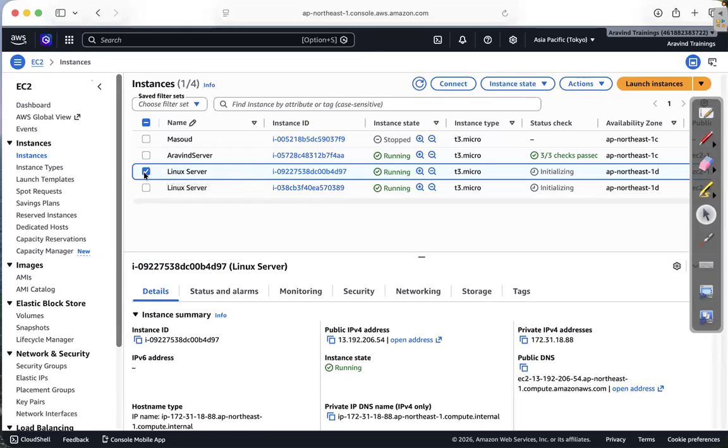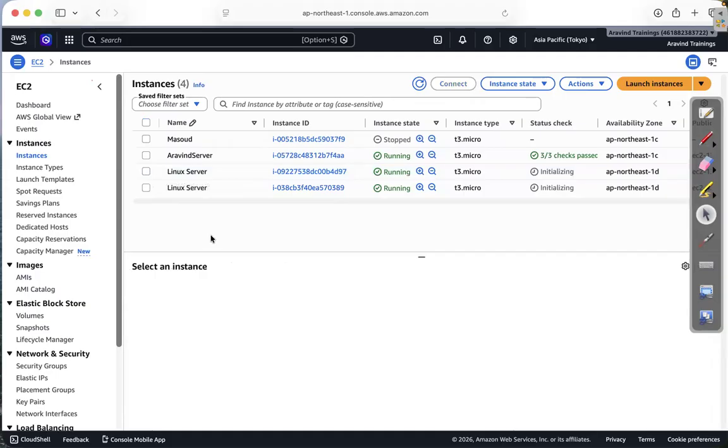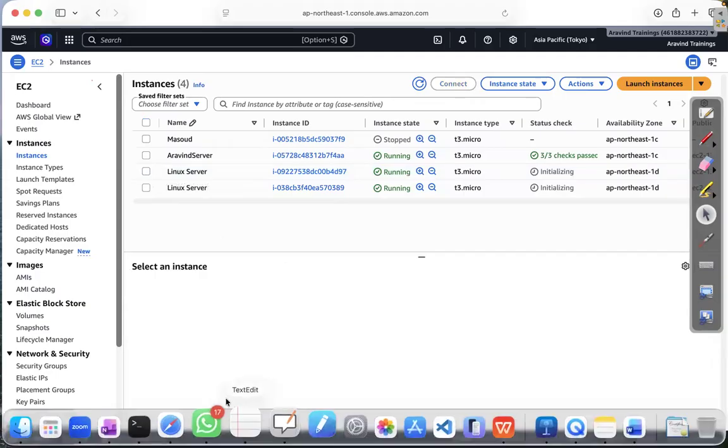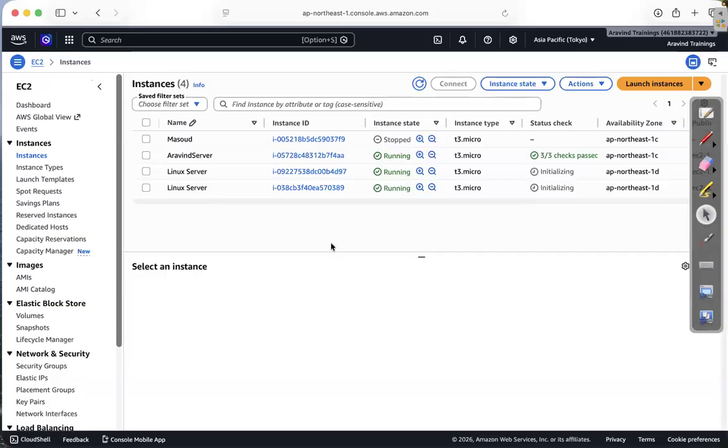So this is a sample example I have given you of how to launch a virtual machine. Similarly, we deal with every service. Even if you want to create a storage, a database, everything you do like this from the console. And I'll show you by scripting also how to create. If you know how to do it from the console, then you can do it from anywhere. Using commands also you can do, using scripting also you can do. In organizations, we follow the approach from console, and we follow the approach using scripting.